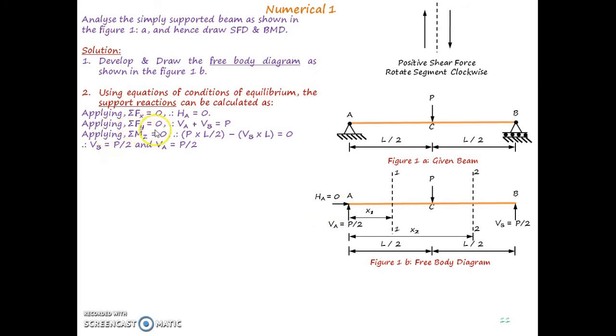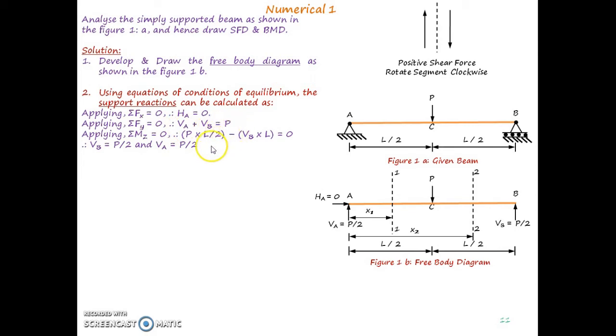With summation Fy equal to 0, we have two vertical reaction components, VA at A and VB at B. So VA plus VB, and the applied external force is P. So VA plus VB minus P must be equal to 0, or we can write the equation as VA plus VB